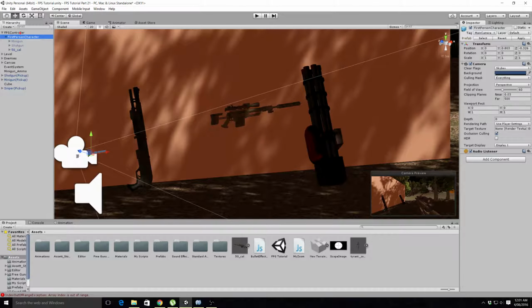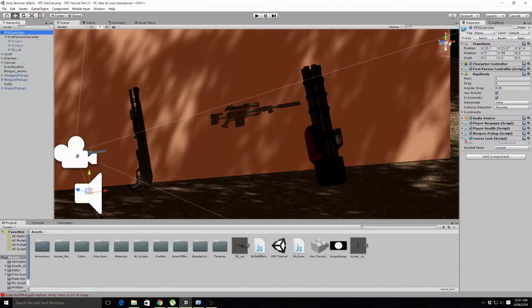If I click on, where is it? Yep, the FPS controller. There's our weapon pickup script, and we actually have the minigun and shotgun currently in our array, and as you can see here I have another boolean for the sniper rifle, which I'll show you guys in a minute, but we actually need to add the sniper rifle to this array. So just change that to 3 if you want to make another slot,